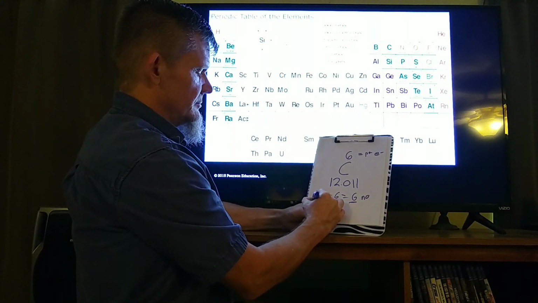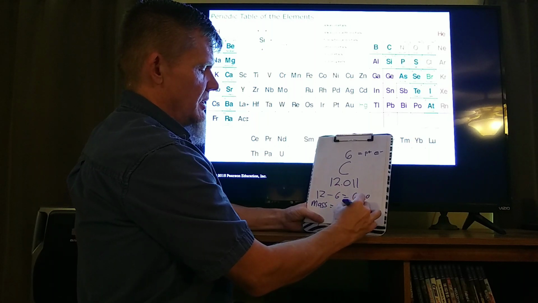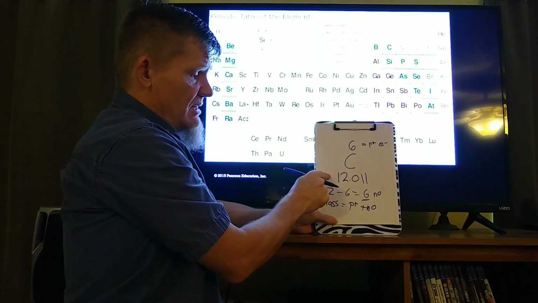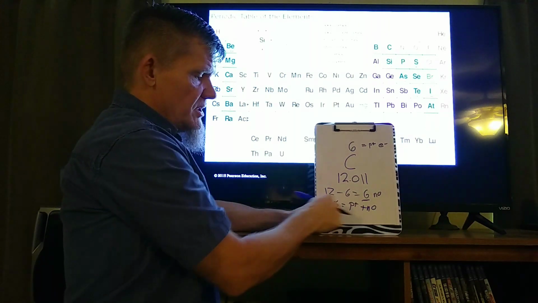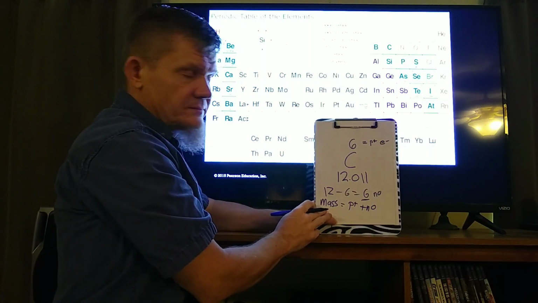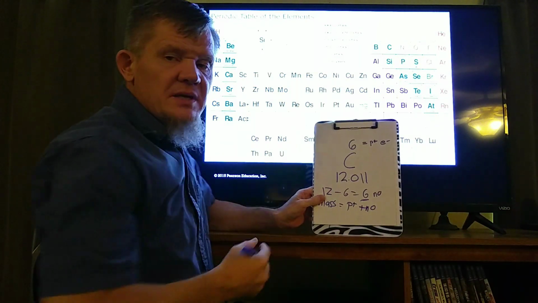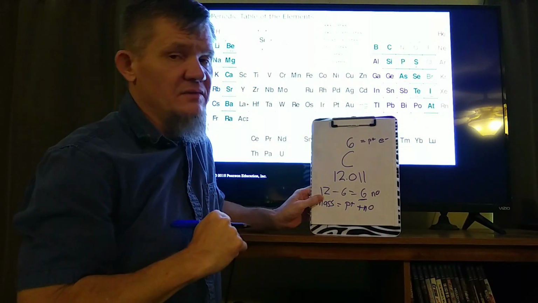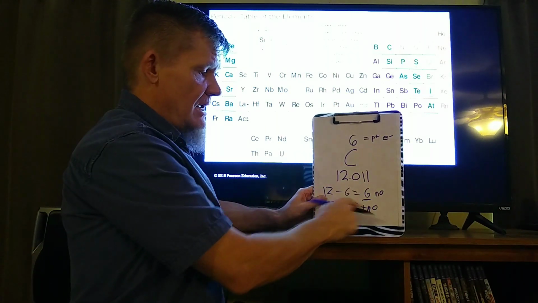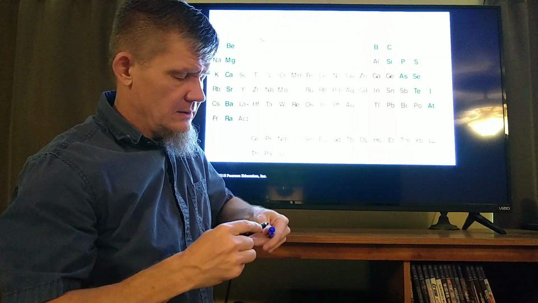The mass is equal to protons plus neutrons. Up here, I've got the mass, I've got the number of protons. With a tiny bit of algebra, I can figure out the number of neutrons. All right? So within this little box that only has 1, 2, 3 pieces of information, I'm actually able to get 5 pieces of information out of it. The number of protons, the number of electrons, the symbol, the mass, and the number of neutrons. I can actually get quite a lot of information out of one of these